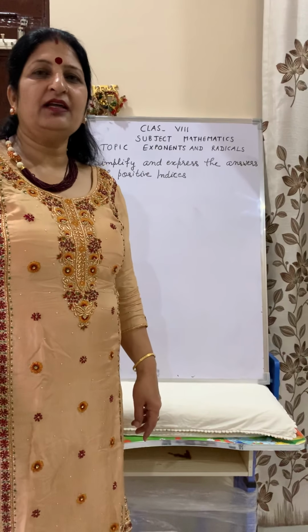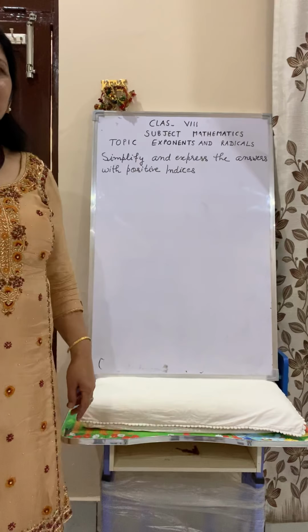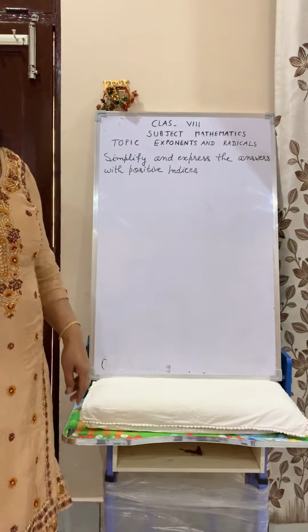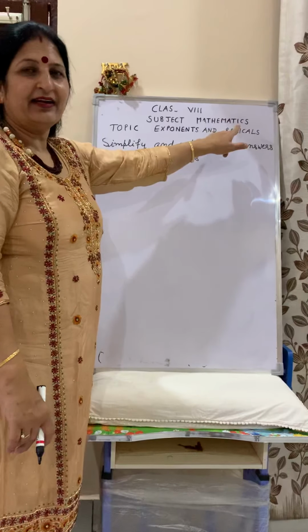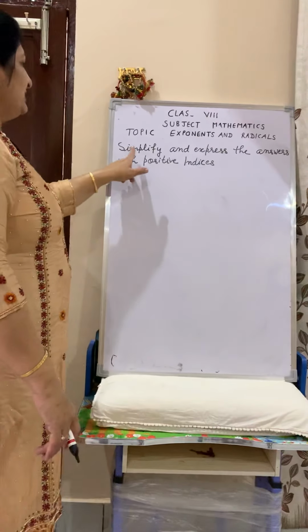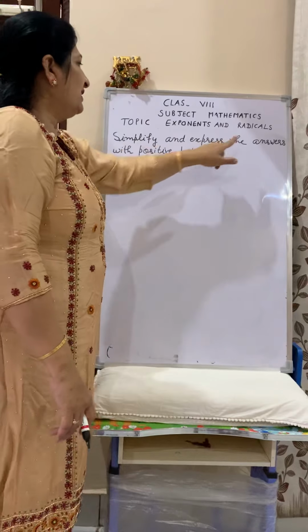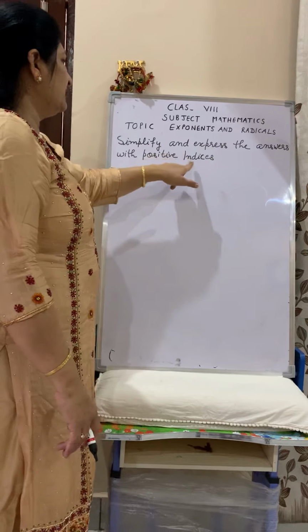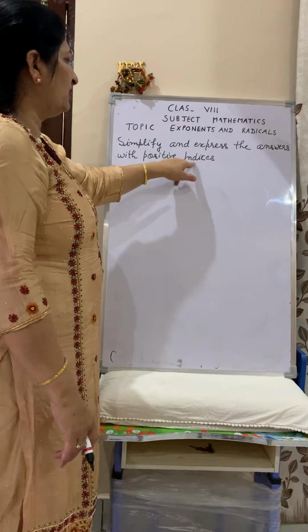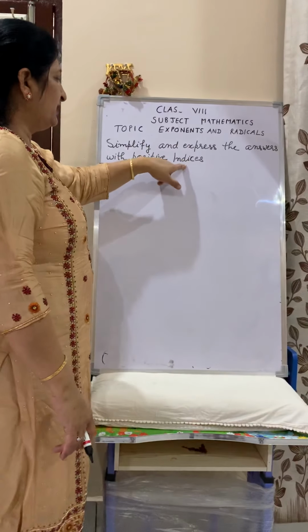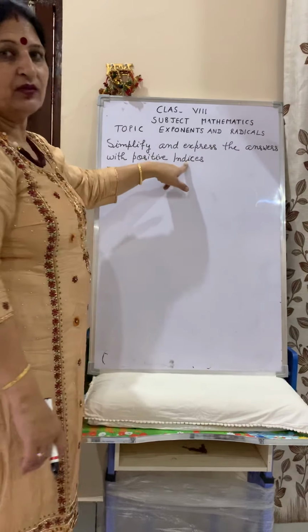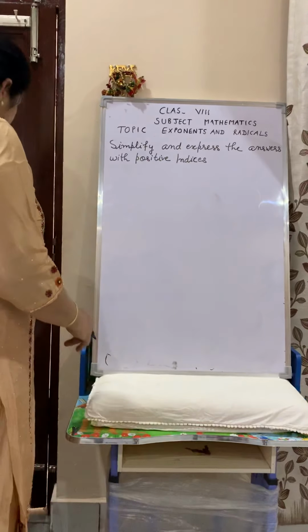Dear students, now we will discuss some more examples related to the topic exponents and radicals. Simplify and express the answers with positive indices. What is the meaning of positive indices? It means the exponent of the base should be positive. First example is